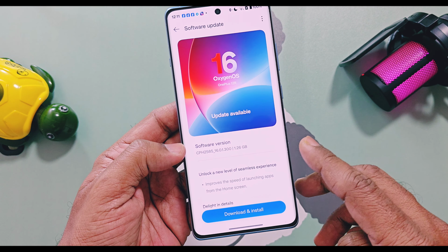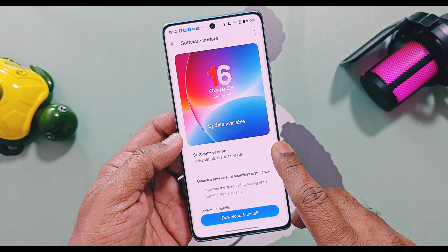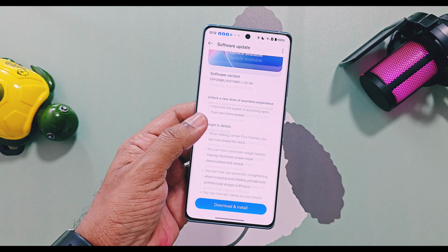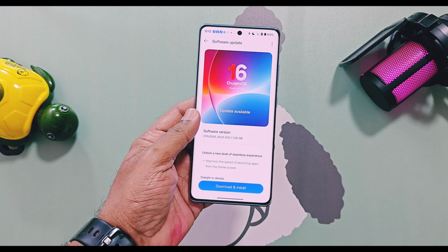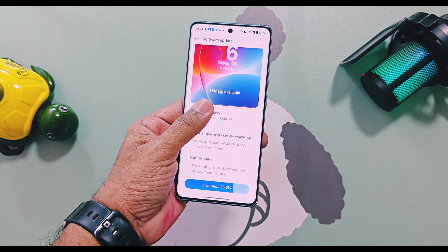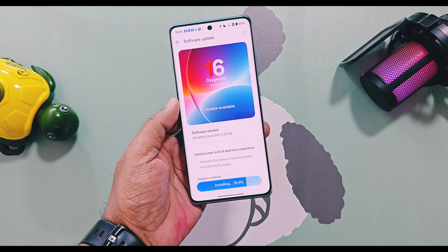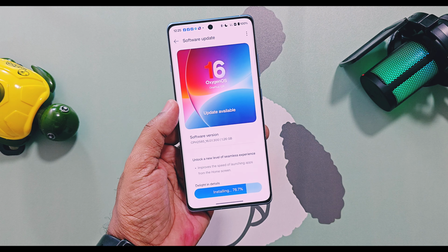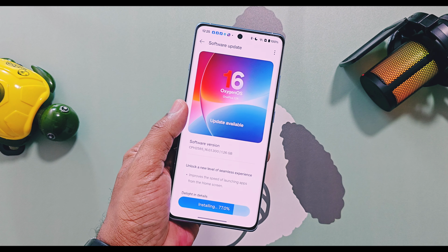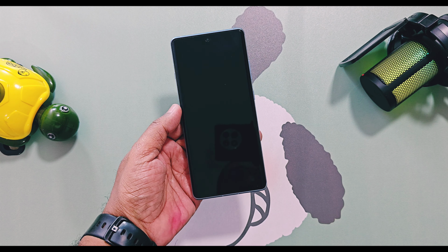I was using OxygenOS 16 Open Beta version 201 and I received an incremental update of OxygenOS 16.0.1 v300, which is 1.26 MB in size. If you are still on OxygenOS 15, you will get the full 6.4 GB OTA either via release candidate or via normal OTA. Today in this video we are going to review all the new changes of OxygenOS 16.0.1